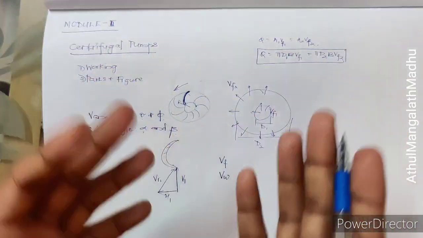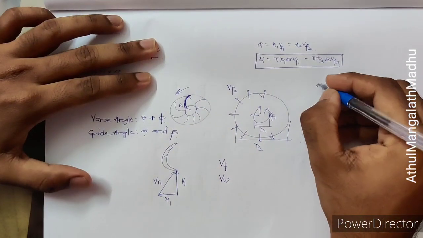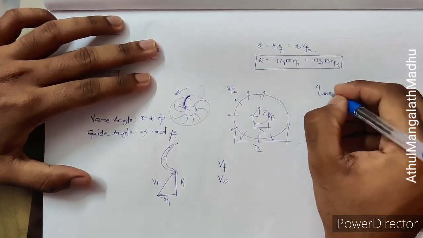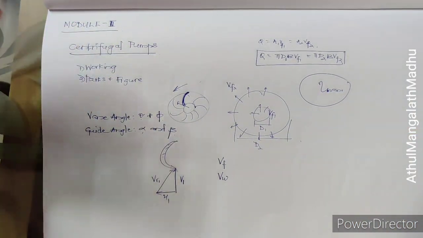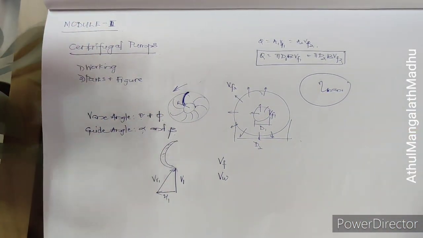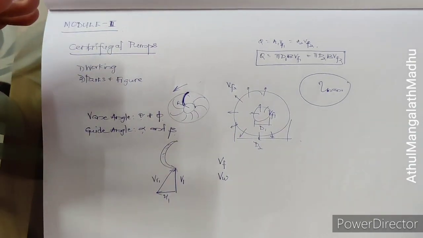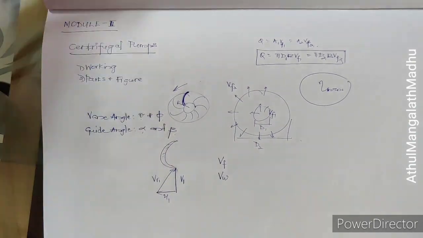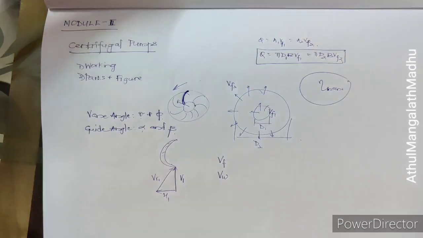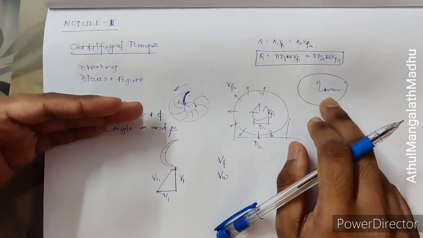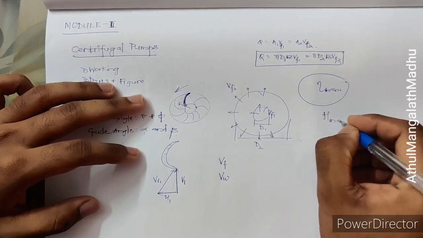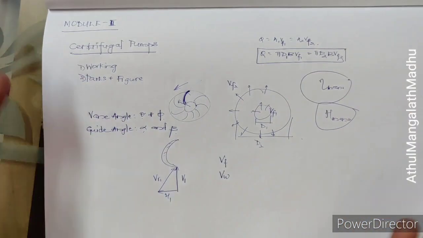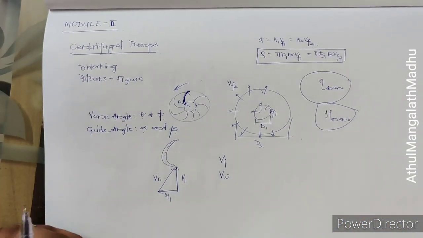And for centrifugal pumps, the major question is this. For a pump, the most important efficiency is the manometric efficiency. There are different efficiencies: manometric, volumetric, overall efficiency. Different types of efficiency that you have for the pumps also. The efficiencies for turbines and pumps are different, and you have something additional in the pumps called the manometric efficiency. And also, you have to consider the manometric head. All those things you have to understand.